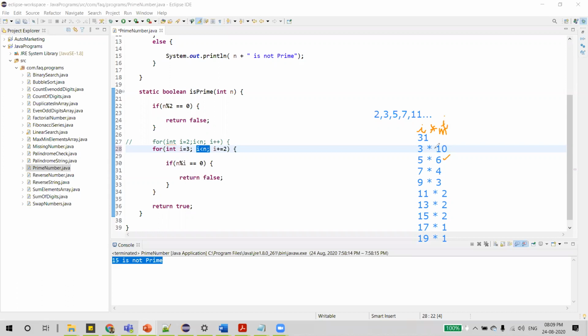Till here we'll actually iterate the loop. Say, for example, when both become equal, we'll stop the iterations, as the right-hand side multiple should not be less than the actual I value. Multiple should always be greater than. Till that condition we want to loop, and for that we are taking the condition: we'll stop the iterations when the multiple becomes equal to the I value.